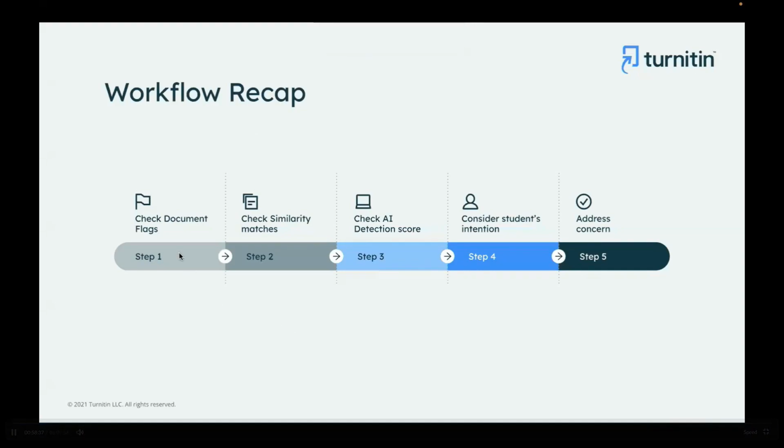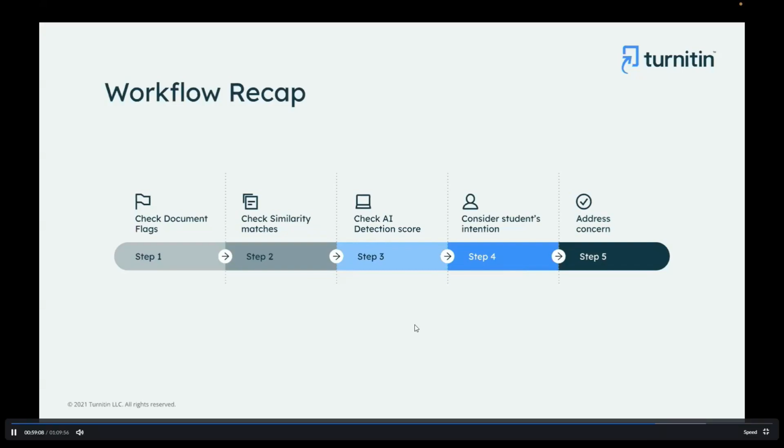Recap for workflow: whenever you are checking any document, first check flags, then check similarity, then check AI score. AI is available till December. A lot of things are happening in AI. If you are having any feedback on AI, please do share how the scores are, how it is matching and so on. And then you can consider the student intention, what has to be excluded, what has to be included, then address the concerns with your feedback. So this will be a kind of workflow that we can suggest, but if you have your own way,